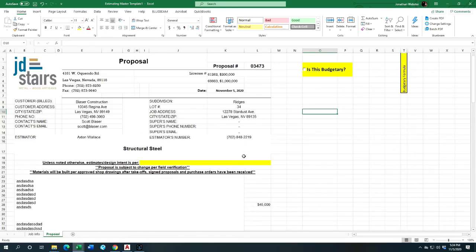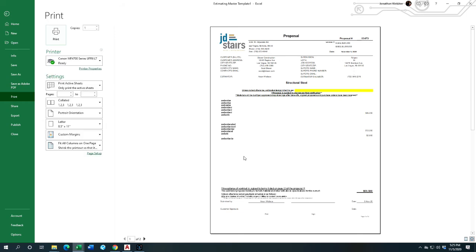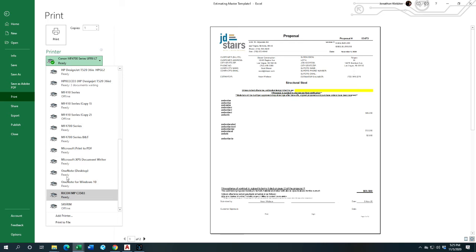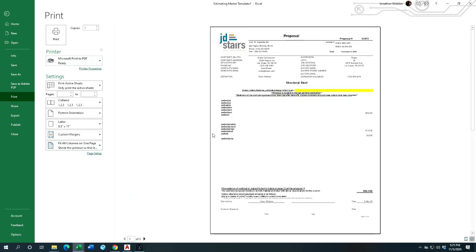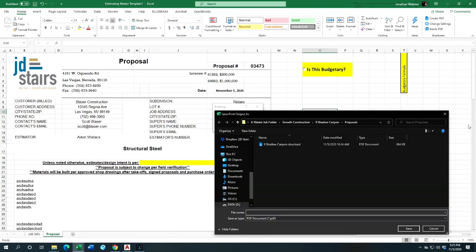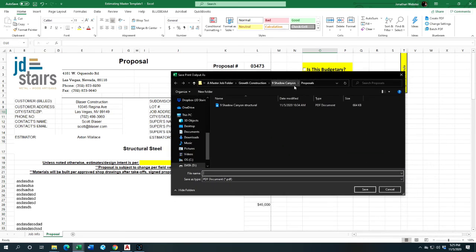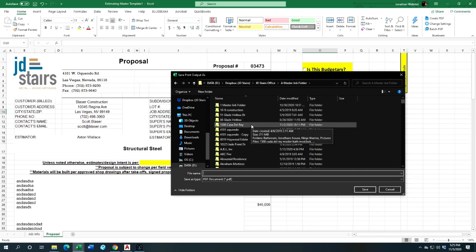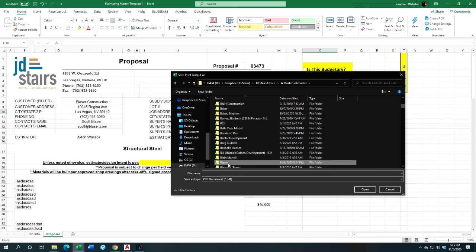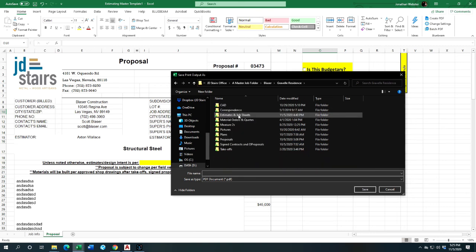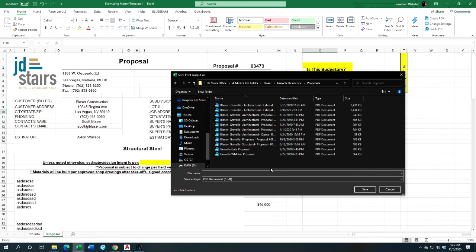And now to send this proposal out, you hit Control P, pulls up your print menu. I usually use my Microsoft Print to PDF, so if you click right here, Microsoft Print to PDF, and then you hit print, then you can find, for example, it's pulling up Growth Construction. Let's say we want to save it there. You would type that in. If you don't want to save it there, you would find the folder you want to go to. Typically that's in the master job folder. If this was a Blazer, Gravel, and then proposals, we save in the proposals folder, and then you name that proposal